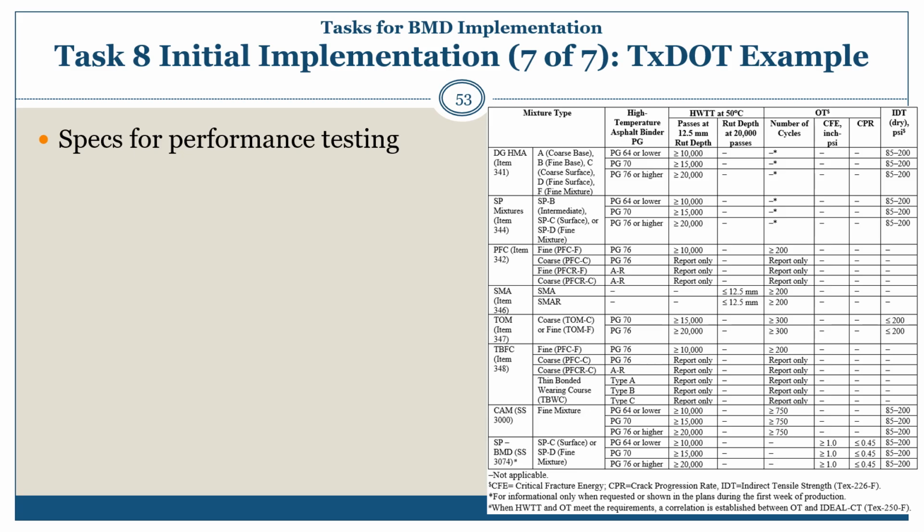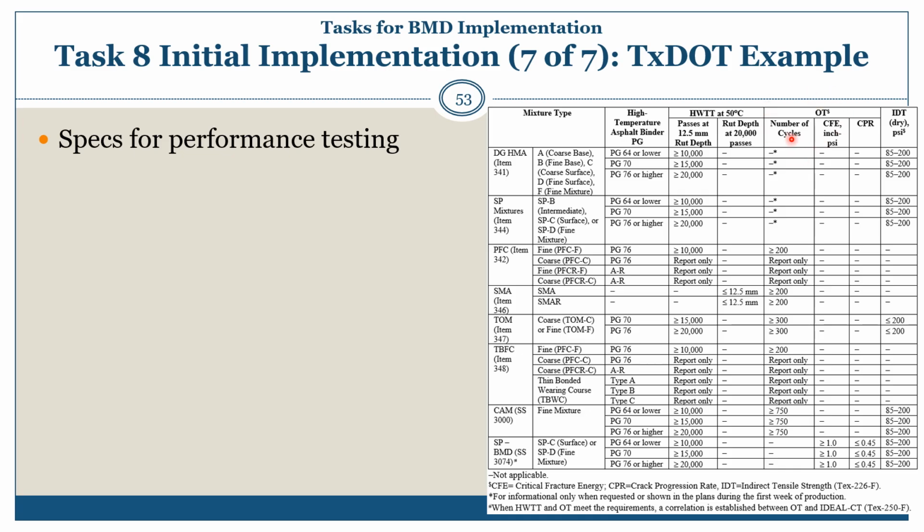In this table, you'll see the requirements for the two tests, the Hamburg wheel tracking test and the overlay test, as a function of the mixture type and the high temperature asphalt binder performance grade. The requirements vary depending on the mix type. One thing to note in the overlay test,